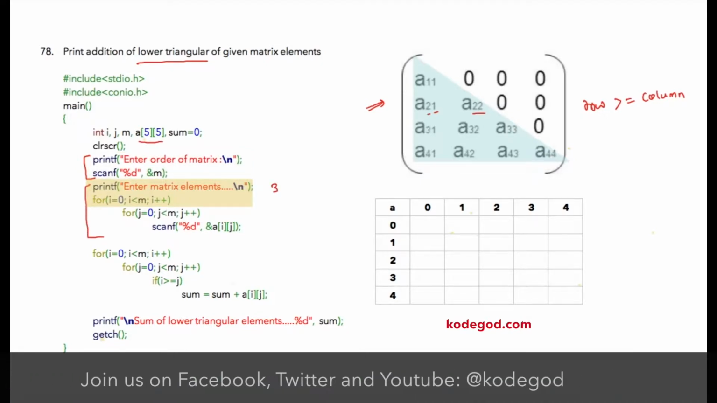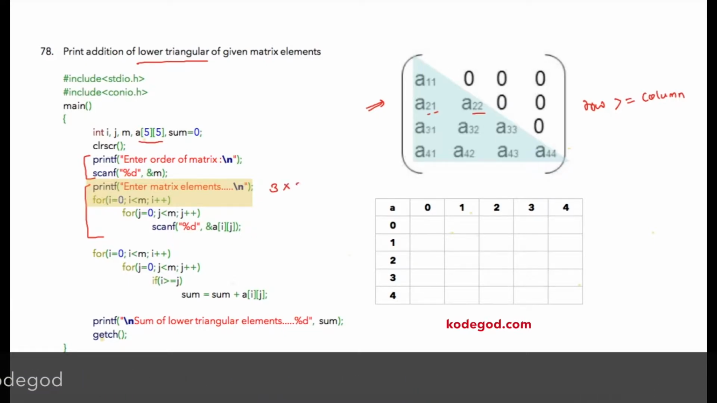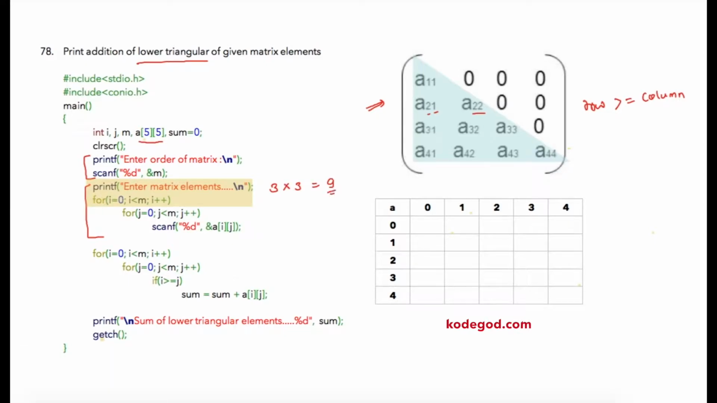So if the user has entered m equal to 3, then 3 multiplied by 3, that is a total of 9 elements, will be entered by the user. And then we need to add array elements of the lower triangular matrix. So this is our loop here for iterating across all array elements, and inside of my loop for columns, I have added the condition that we discussed, that is i greater than or equal to j,